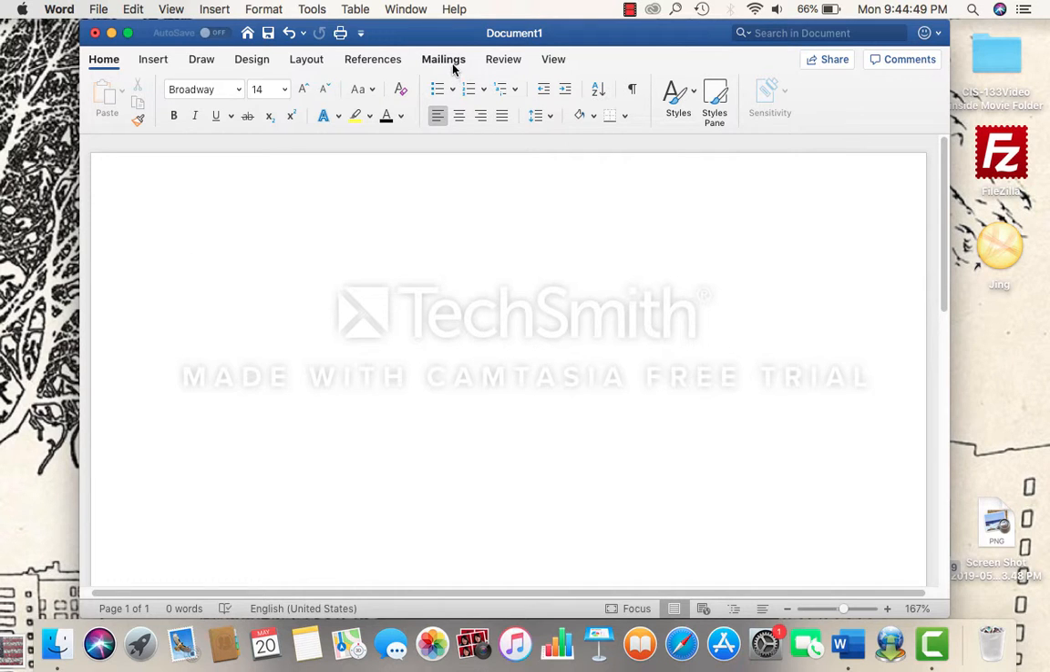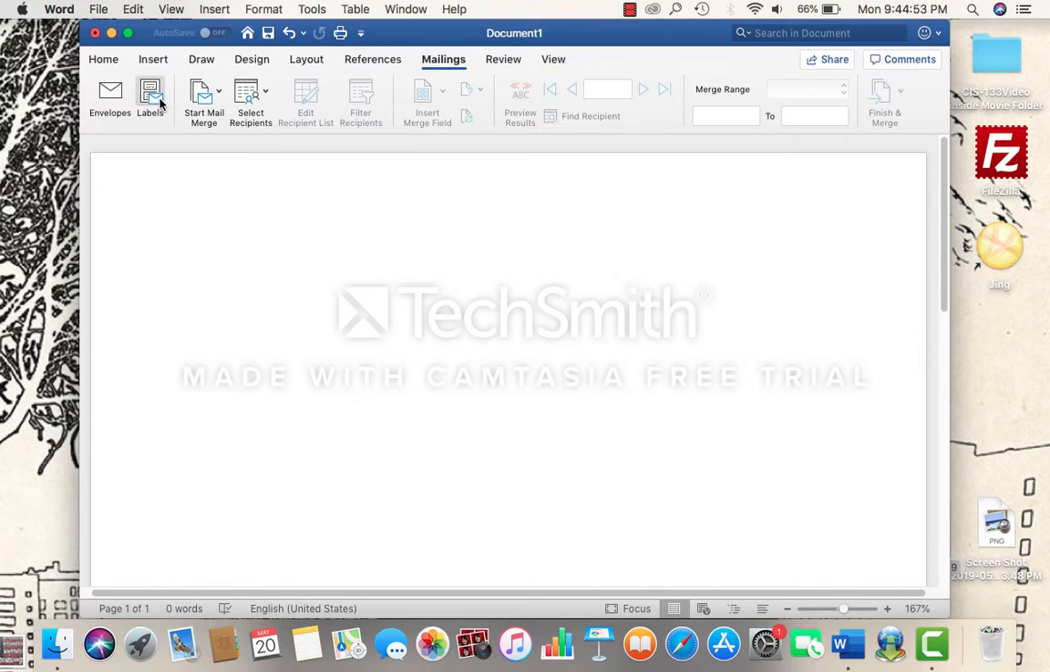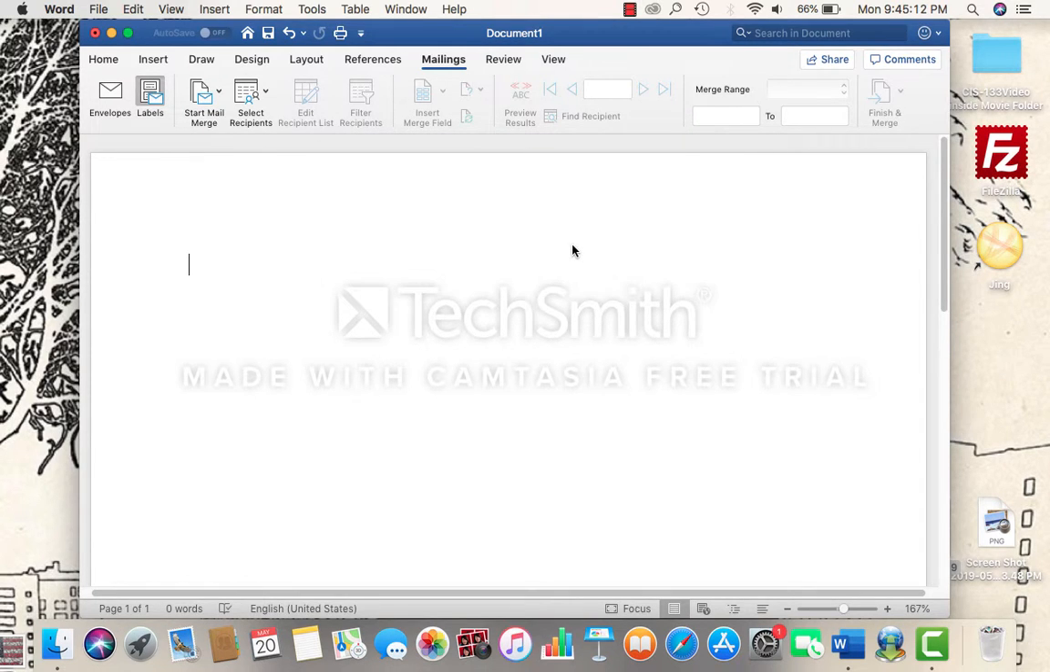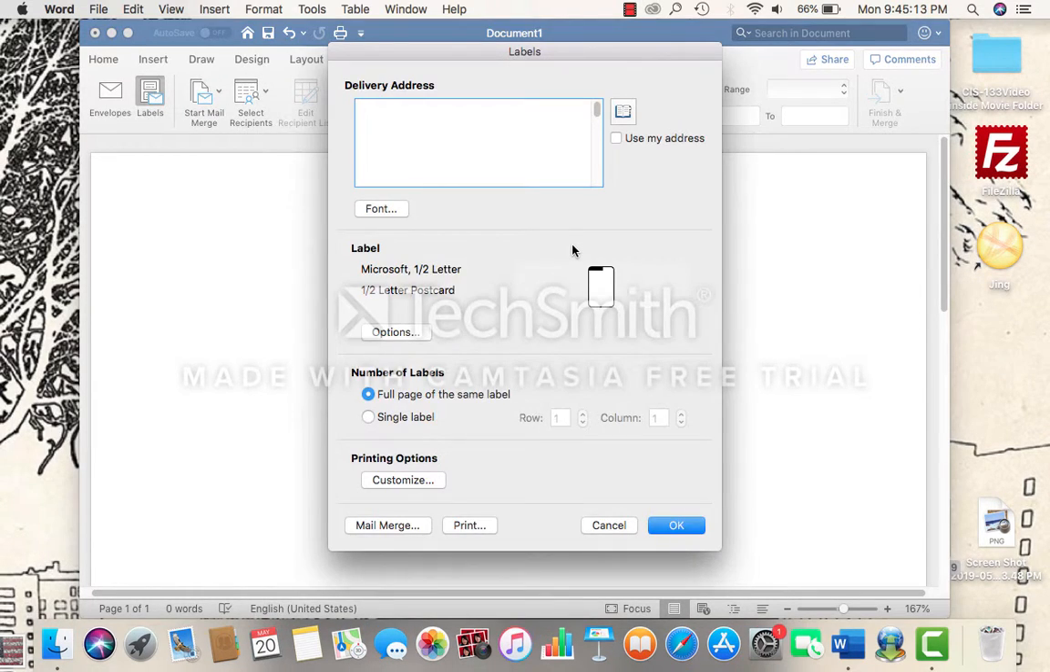So you can go to mailings. If you go to mailings, you go to labels, because we're trying to make a little label like a tab. And the specific label that you buy at Office Depot will have that code, and Microsoft Word has that built-in feature where you can search for your specific code that you have. So you can go to